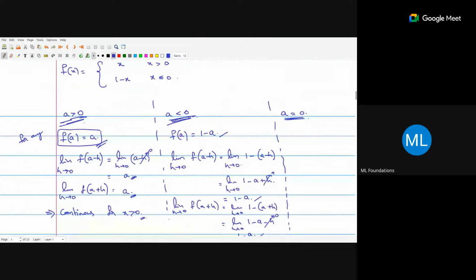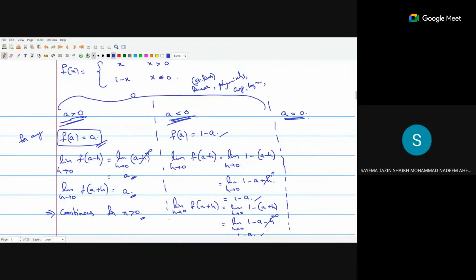I said you no need to waste time for these checkings, because we already know a few functions which are continuous, like linear, that means straight lines, polynomials, exponential functions, logarithmic functions like log x, and sin x, cos x, so trigonometric functions. So these are well-known